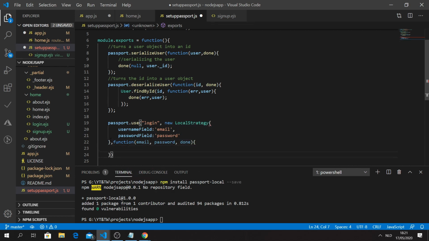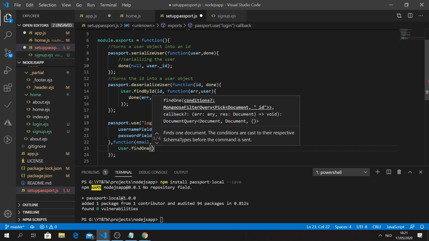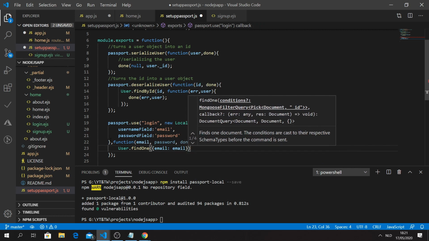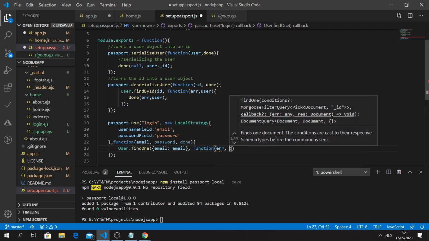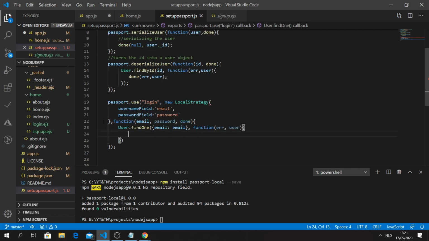Here we go. And then within this function, we're gonna say User.findOne with this email address, because email address was unique, remember? So since we have a unique email address, err, user, so this is the user we found, right? So if there's an error, I'm just gonna return done(err);